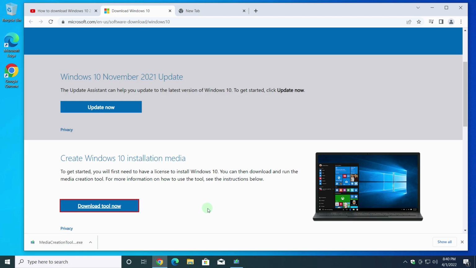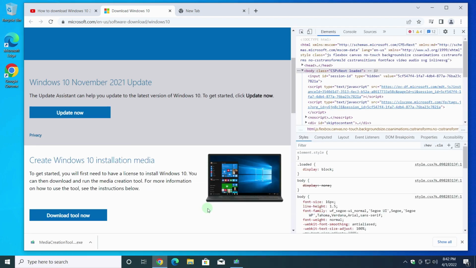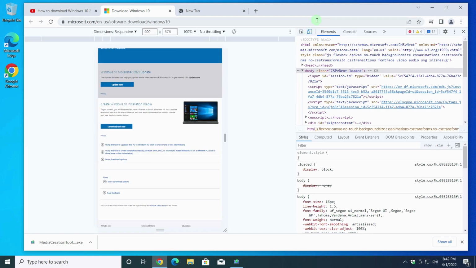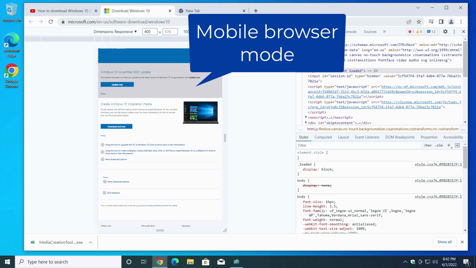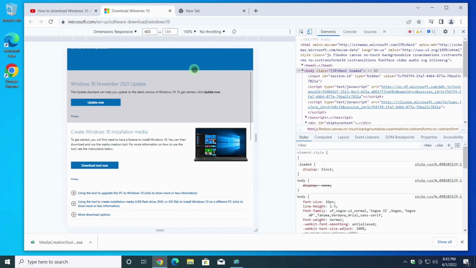I open this page of the Microsoft site in the browser, and for downloading the ISO file directly, just press the F12 key. The console with the developer tools has opened. At the top left, click on the button in the form of a phone and tablet. The left side of the window has changed. I turned on mobile device mode. I can make the picture larger by clicking on the arrow and selecting, for example, 150%. Now just refresh the page.